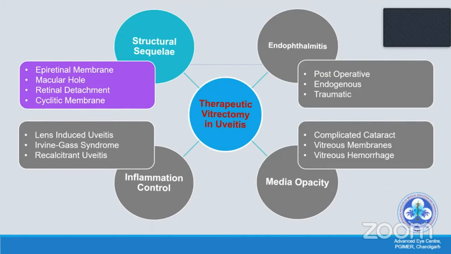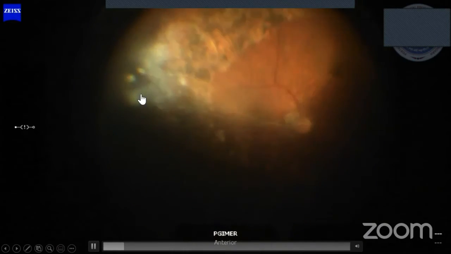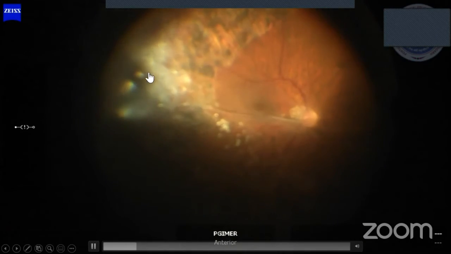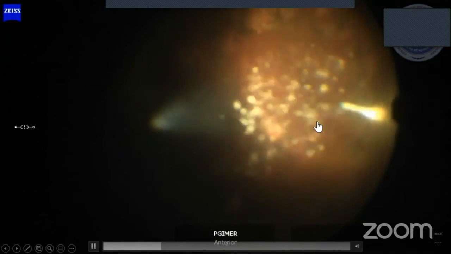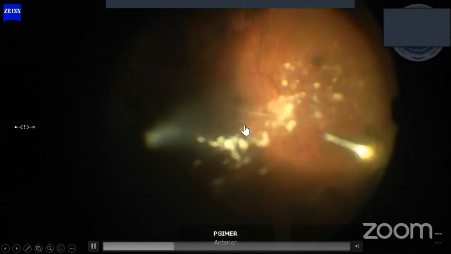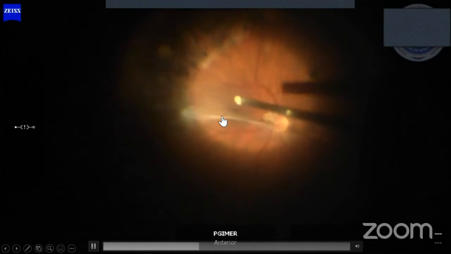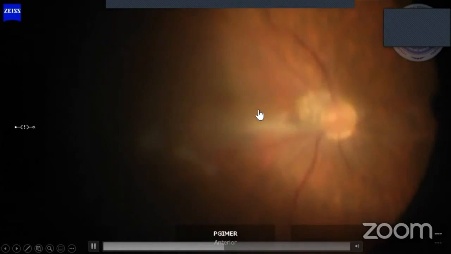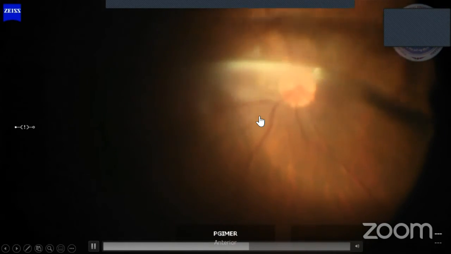Last indication, coming to the structural sequelae, as we can see, this is an epiretinal membrane secondary to vasculitis, a peripheral fibrovascular proliferation over the area of the vasculitis, along with some asteroid hyalosis here. So both things get treated with one thing. And after clearing out the vitreous, I think we can go to a higher magnification, lift out the